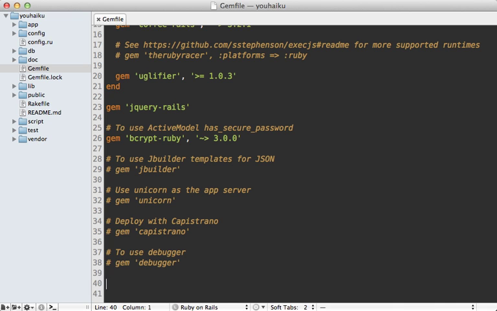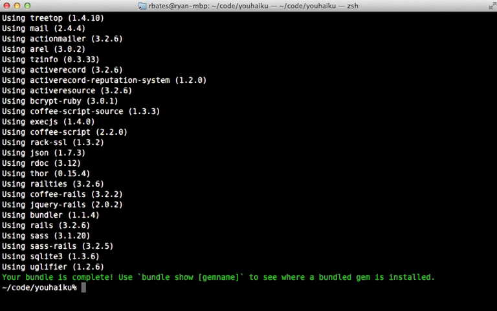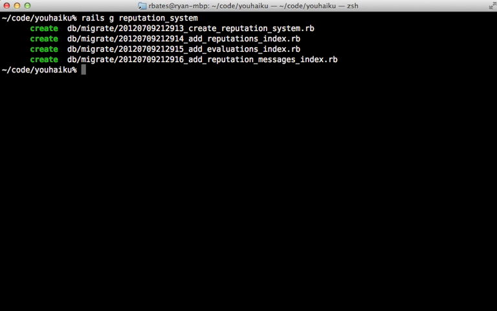I'll start by adding this gem to the bottom of my Gemfile, called Active Record Reputation System. And you'll need to also require the file separately. It's called reputation_system. And as usual, run the bundle command to install the gem. And next you'll need to run this generator called reputation_system. So this generates a few migration files, which I'll take a look at later, but for now, let's just migrate